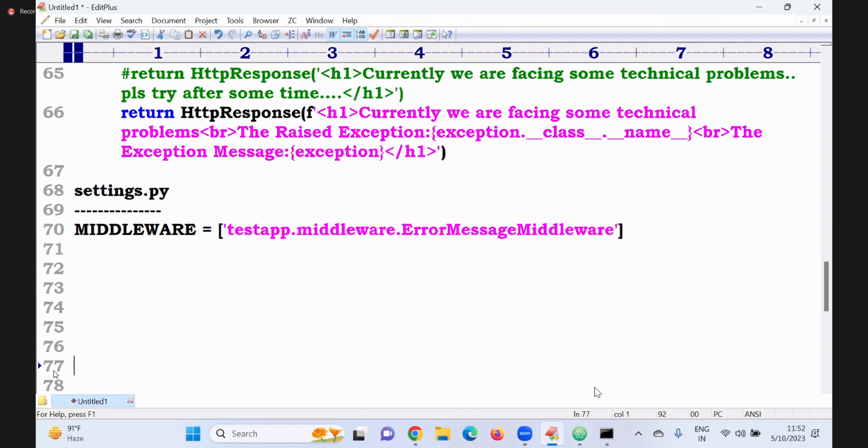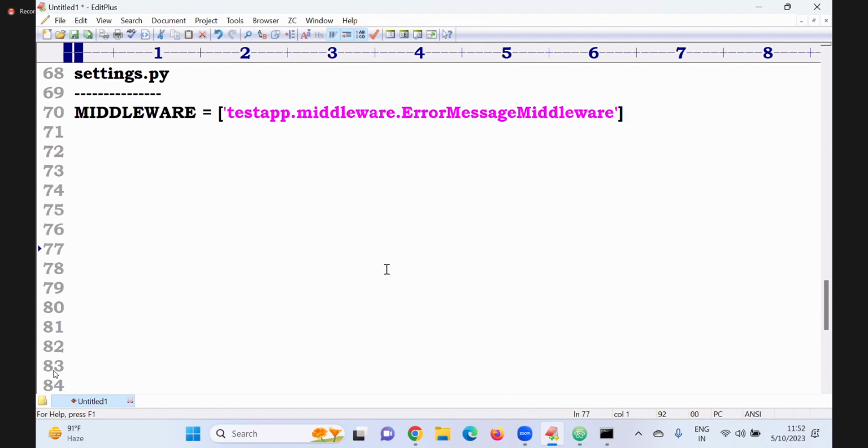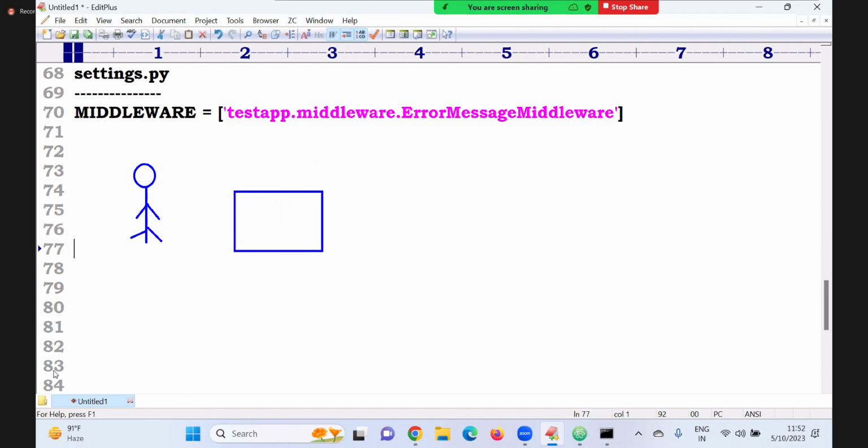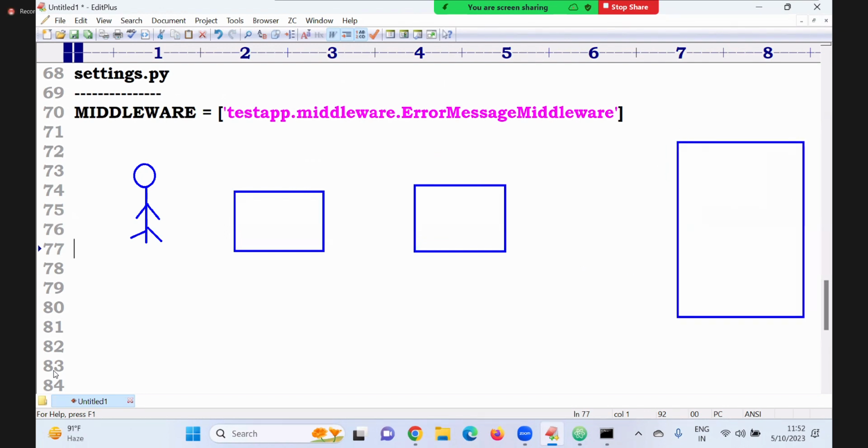In the same way, for example, an end user sends a request. Sai Baba sends a request. First it goes to middleware 1. Next it goes to middleware 2. Finally it goes to the views.